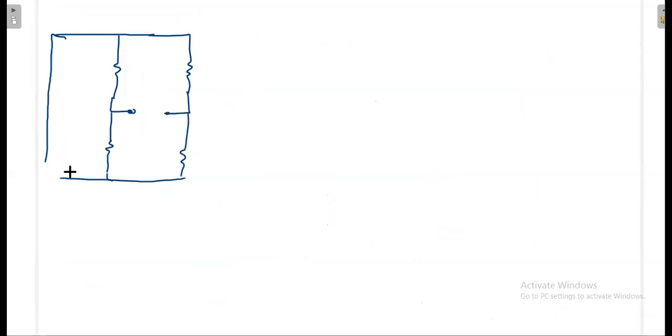Okay, now it comes like this. This is 5 ohm, this is 2 ohm, 3 ohm, 3 ohm. Now I want to know what is the resistance looking from here, R equivalent. Now this is a little bit tricky, somewhat confusing. Once you have some understanding, you can easily write this one.